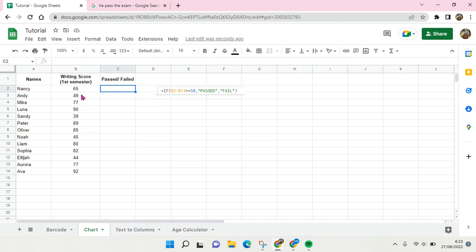So here the minimum score is 50. So if a student scores 50 or equal to 50, they failed the test. But if their score is 51 and up, they have passed the test. Minimum score is 50, and to conclude it, you can just use the IF